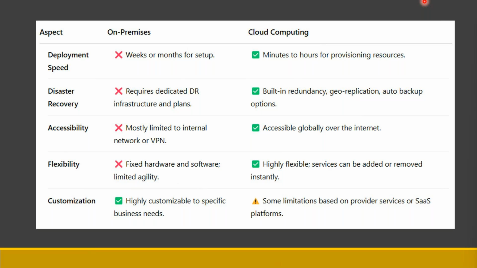So in that environment, everything should be available within minutes, or within a fraction of a second we should be able to do something, right? Like we do our internet banking, like we do a UPI payment. Everything should be done in a fraction of a second or within minutes. That kind of speed is possible in cloud services. That's why companies are opting for cloud.